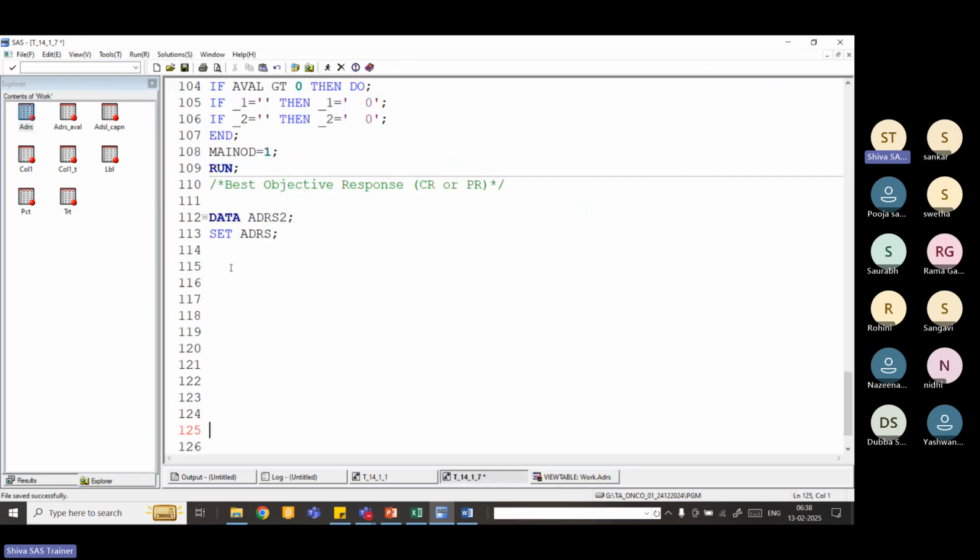So that is why if aval is 1, 2, then I am creating one variable, like objective response rate, obj equal to 1, else obj equal to 2 I am giving. I am just creating CR and PR into one group and the other into another group. Now I am calculating